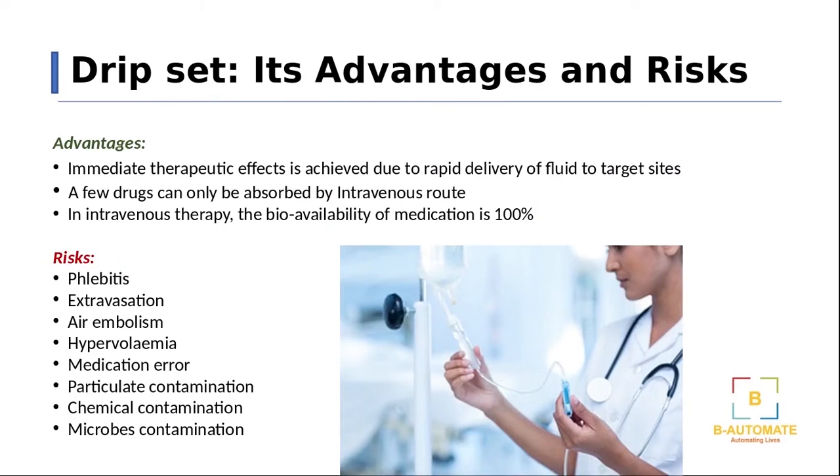Before we proceed to advantages and risks of IV drip set, let us understand a little bit about the IV therapy and the drip set itself. There are a range of medical conditions which require intravenous therapy, including severe fluid loss, dehydration, pneumonia, electrolyte imbalance, high fever, etc. Substances that are usually administered through intravenous route include buffer solutions, nutrition, blood-based products, volume expanders, blood substitutes, etc. This IV therapy is done using IV drip set.